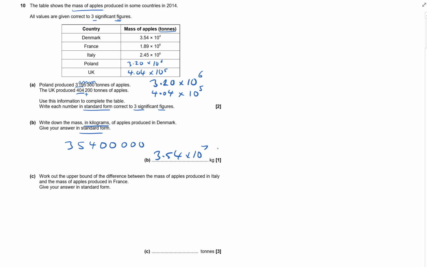And now, this is quite tricky, this last one. Calculate the upper bound of the difference between the mass of apples produced in Italy and those produced in France. Okay, so we're going to do the difference. So it's going to be the mass of Italy minus the apples in France, because Italy's actually got more of them than France. And we want the upper bound of the difference, so we want the biggest the Italy value could possibly be minus the smallest that the French could be. So the biggest the Italy could be, don't forget they're given to three significant figures, so Italy could be